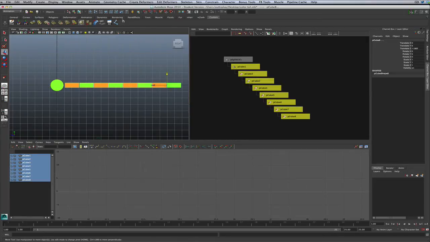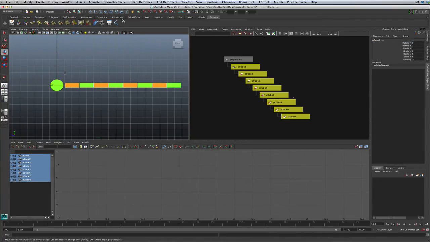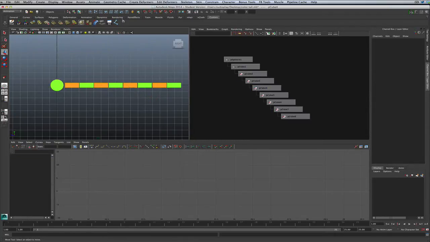As a matter of fact, the rotation is only going to be on one axis. So what I'd suggest you do is you can grab all of these, the translations, and then right-click and come down here and go Lock and Hide Selected. Okay? So then, in theory, if you look at this now, we have no translations in here, which is great. It's one less channel to have to look at.